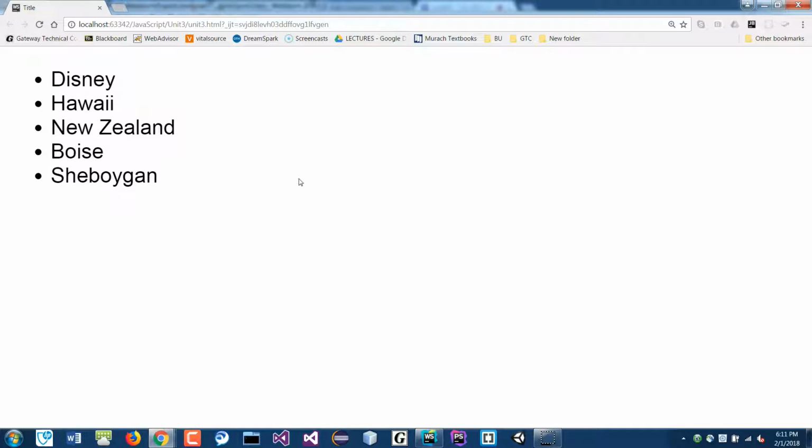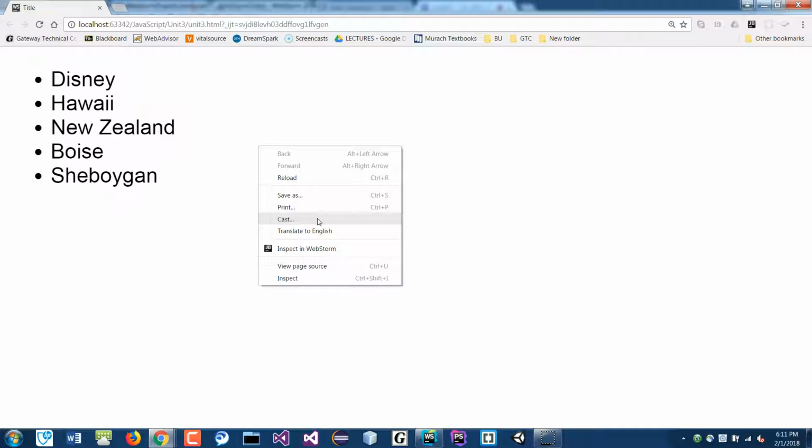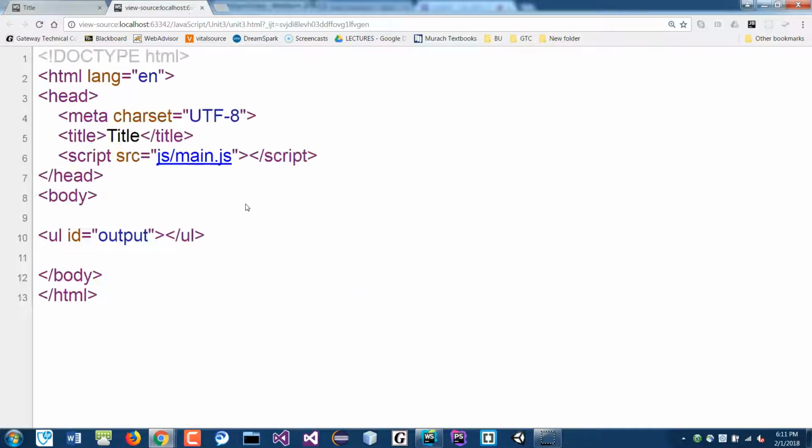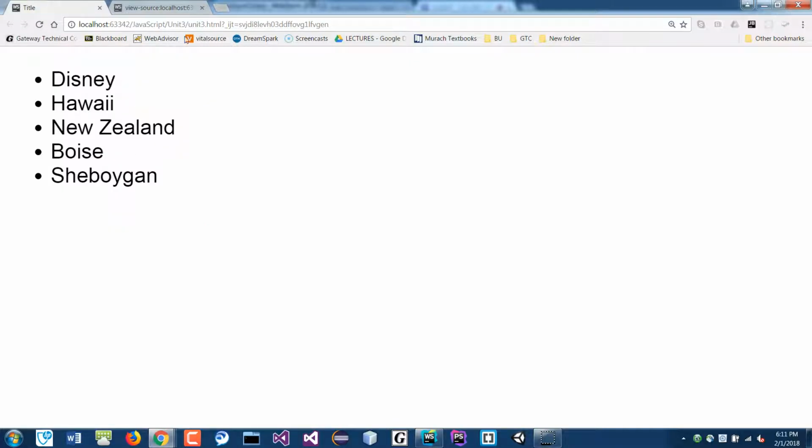Again, just to show you that this is the result. If you do a source view, you see that there's nothing there, because this is the physical DOM tree. JavaScript created this for us virtually. So we have a virtual DOM, and because of this virtual DOM, you can modify it, edit it, delete data, and do all sorts of stuff with JavaScript to